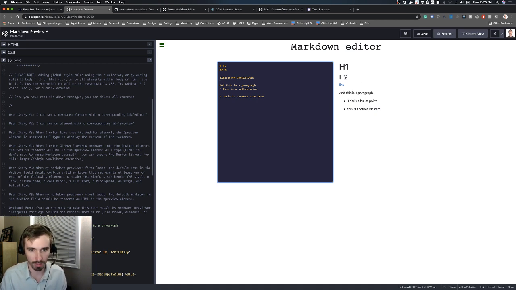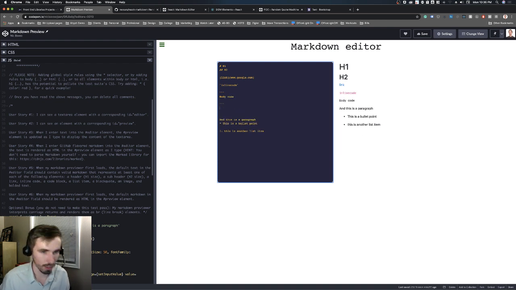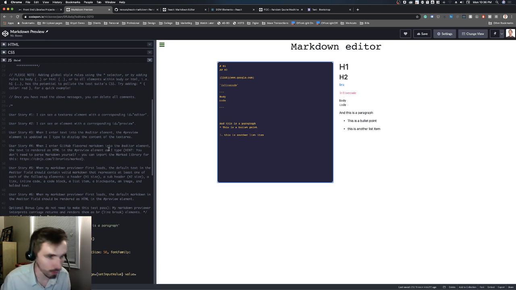So inline code, link. Oh, I should put this extra line break there. Inline code, and then I'll do body code, and then anything else? A list item,